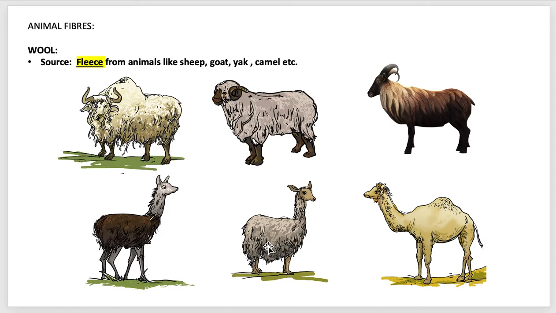Fleece is nothing but, okay, let me start with a simpler part of it. All these animals, as you can see, have very thick fur. Correct? They have very thick and long hair. These animals have hair on their body to keep themselves warm. They have long hair because they can trap the air inside the hair, and hence they can keep themselves warm,